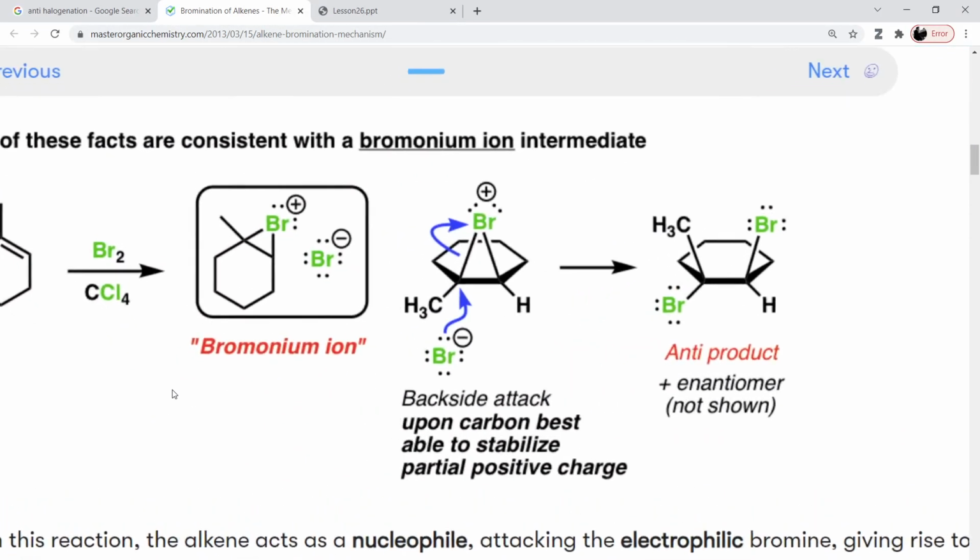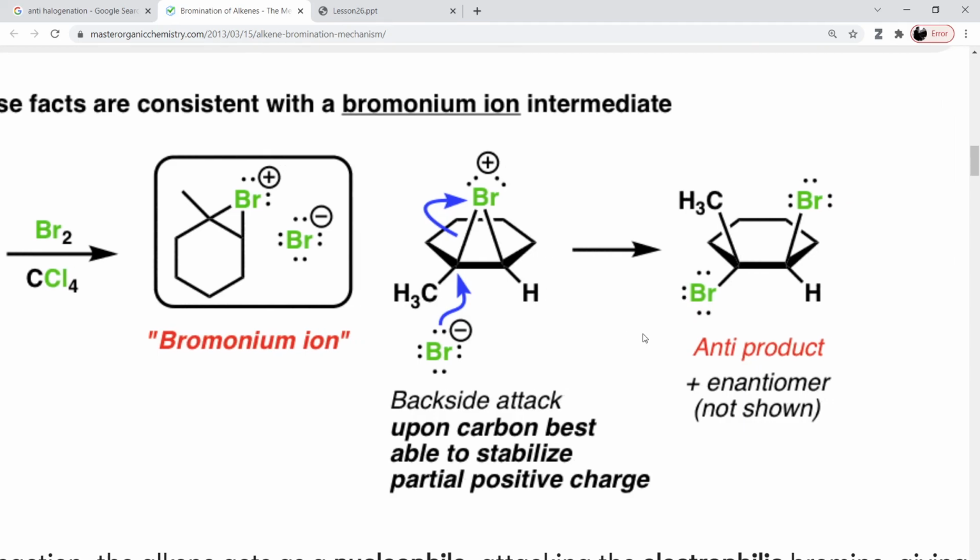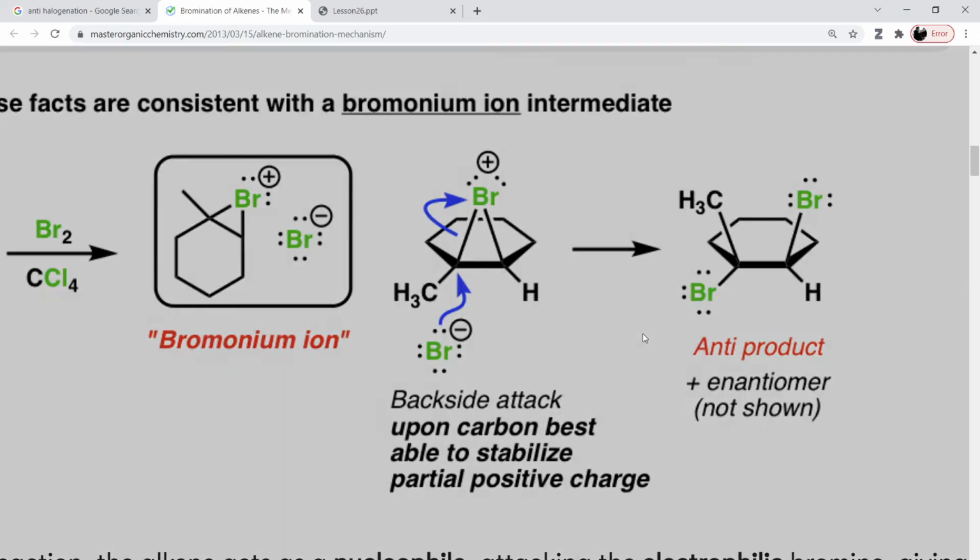I want us to look at this particular thing here. We see that this is nicely three-dimensional for us. We're going to have our bromide ion coming in from the opposite side that your original bromine came in from. If your bromine came in from the top, it's going to be sitting there on the top. And then it's going to,